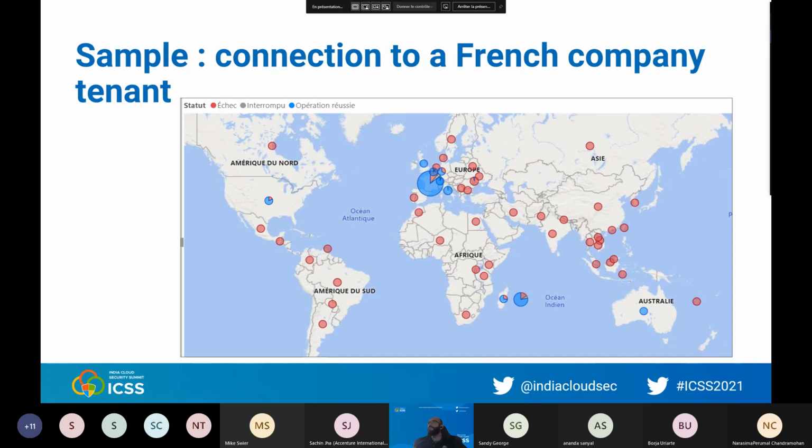I had a question about the KQL query. Is it possible to share the KQL query for checking who is connecting to your tenant? If you want to see who is connecting to your tenant, you need to go to Azure AD administration, and you have detailed information over 7 days. In fact, if you go to Azure AD, you have those 7 days of logs, and you do an Excel export, as simple as that.